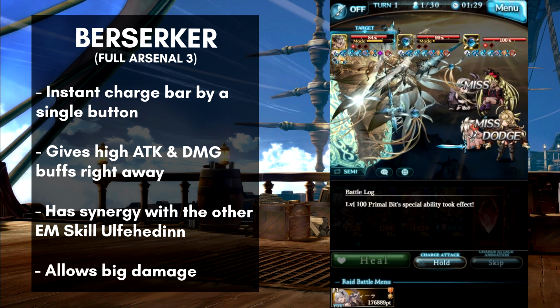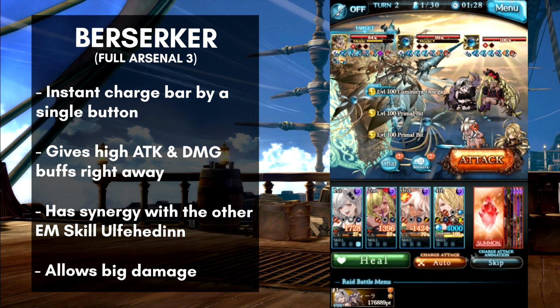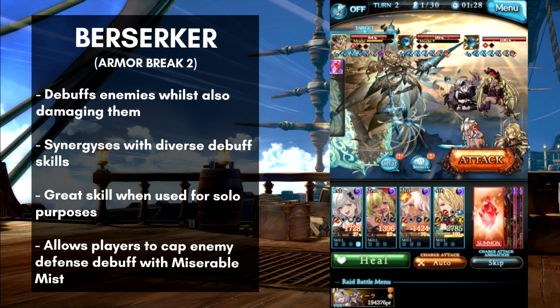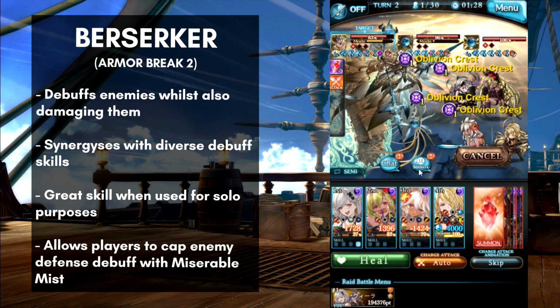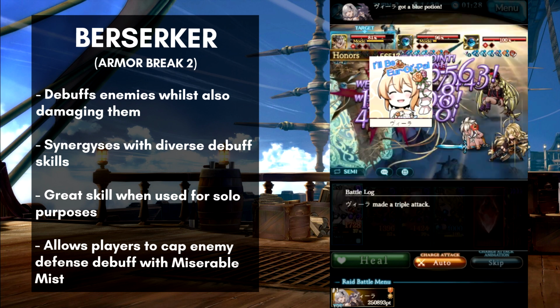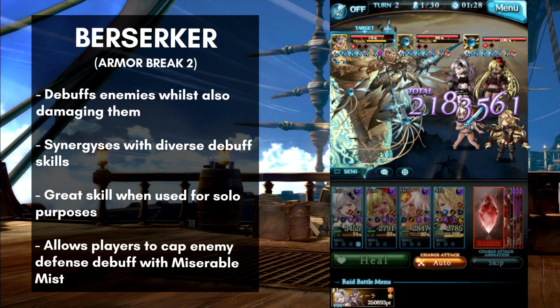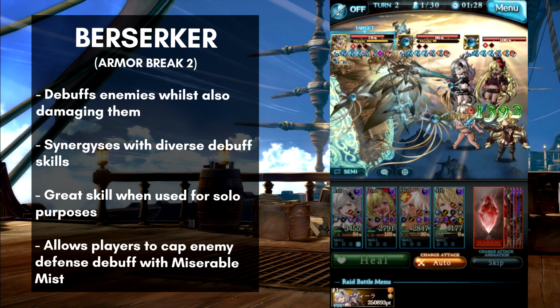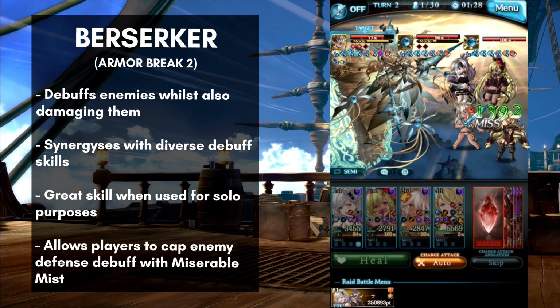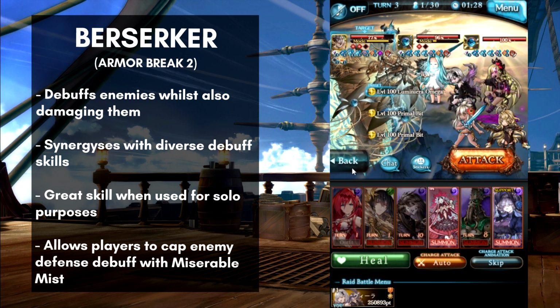Then we have the other extended mastery skills, which I will explain one for one, and we will start with the skill Armor Break 2. Now this skill is a very simple skill, as it deals elemental damage to a single enemy, but it also inflicts a 25% defense down debuff as well. This skill is mostly justified when you are trying to solo content, as this skill will go hand in hand with skills like Miserable Mist or Rain of Arrows 3, so you can aim for capping out the defense debuff